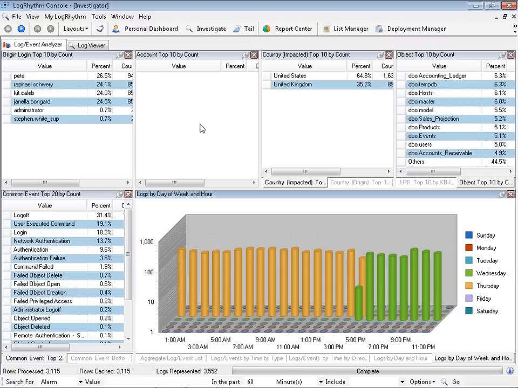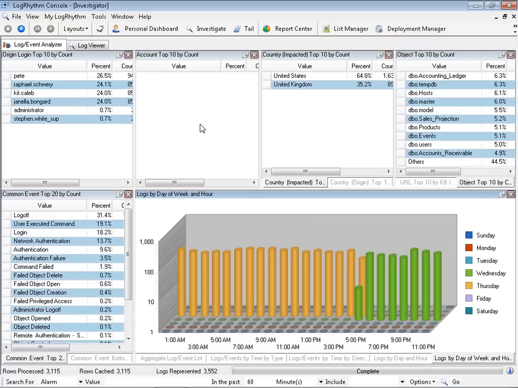And that's a critical part of the analysis benefit of LogRhythm. That ability to align the data you're looking at with the layout or the view you use to actually analyze that information. Unfortunately, in first-gen solutions, what's often the case is you have a single way to look at all data, and that means of analyzing the data is not going to be ideally suited for the task at hand in most cases. With LogRhythm, those two are directly aligned, and that makes your analysis efforts much more effective, much more accurate,